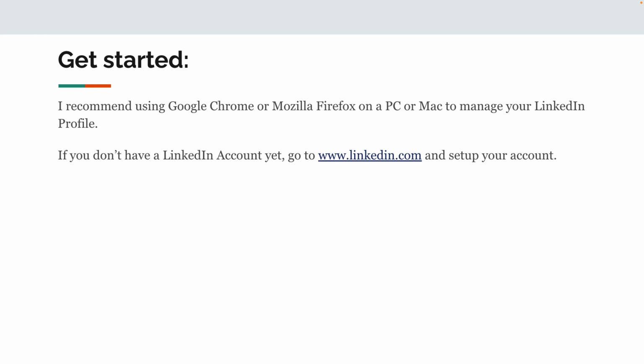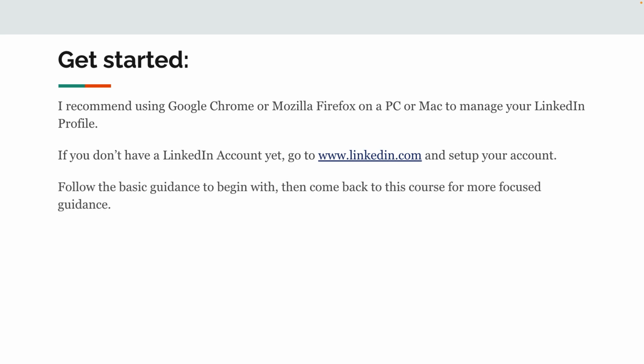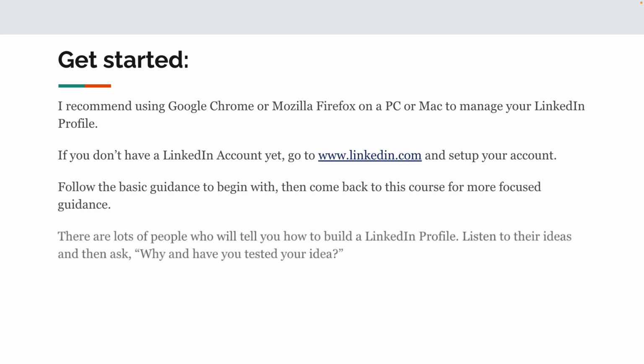But go to get a Chrome browser, get a Firefox browser, go to linkedin.com, and just follow the steps. You know, log in with your email address, set it all up, and get going. Follow the basic guidance that LinkedIn gives you. Then come back to this course and go deeper and get more deliberate ideas and philosophies and best practices that I can share here.